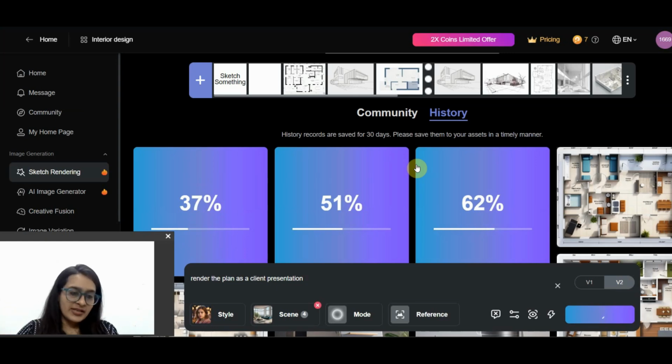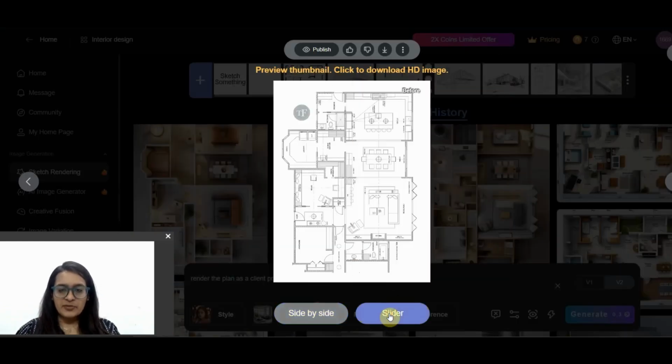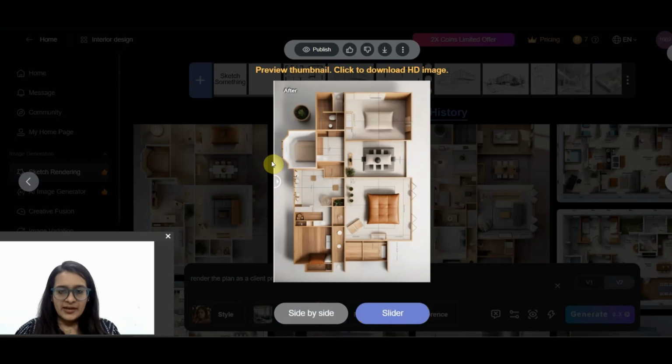See, generally we do make SketchUp, but we do not get the time to probably show an isometric view, or we don't get time to do a render. Let's see if we can do a quick render of an existing SketchUp model, which is rendered at a very basic resolution by a basic SketchUp. So it has generated a few plans for me. I'll go with the slider so that I can get a better look of the plan.